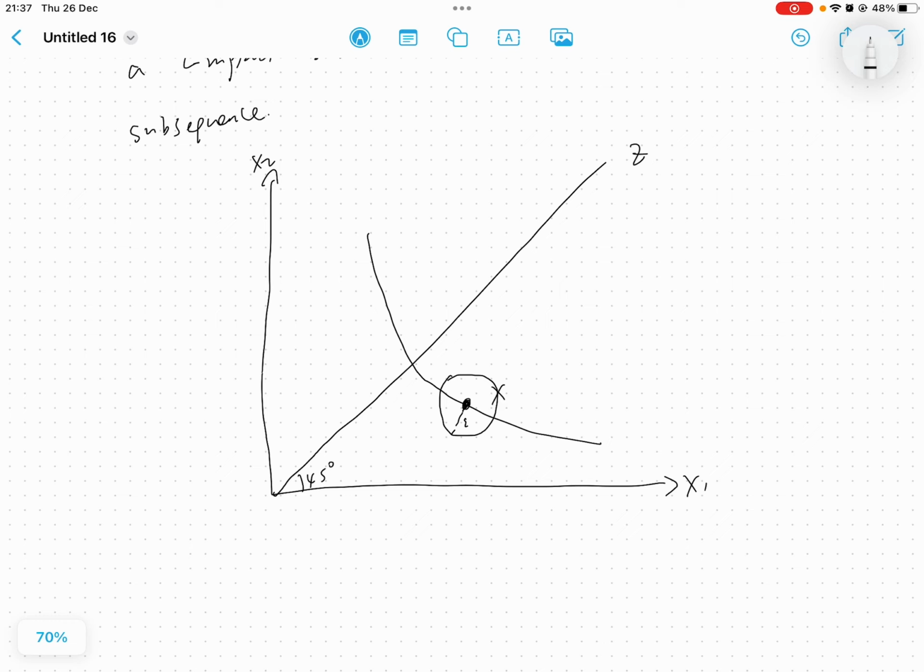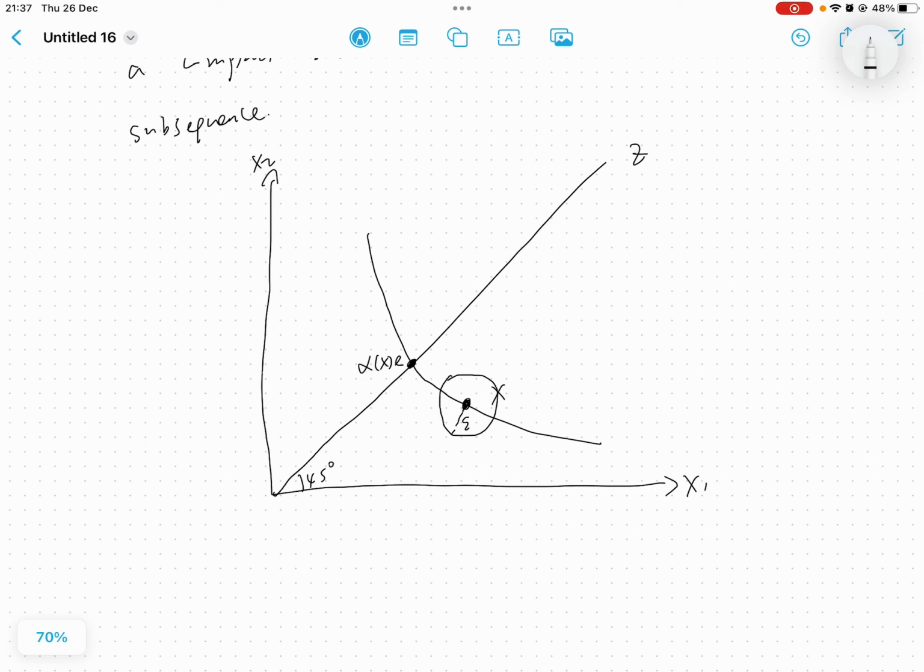This is with length of epsilon. Okay, so at this point it is, as we mentioned, this is alpha x, right? Or alpha x e. Okay, so